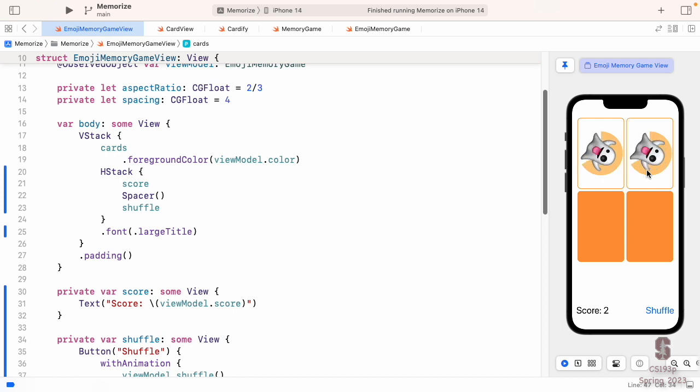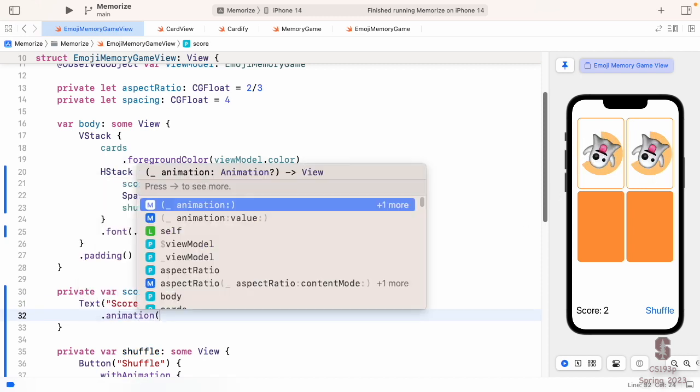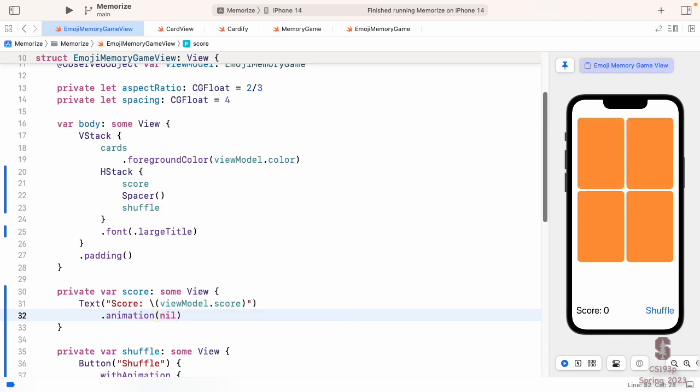So how do I stop it? The reason that's happening is my explicit animation is saying, hey, animate everything that happens when I click a card. Well, that happens when I click a card, so it's animating that. How do I stop it? Well, implicit animation, dot animation nil. It turns out that the animation that the thing takes is an optional, and you can specify nil. That means do not animate changes to this view. Now watch our score down here. Click, ready, bloop, instant 2. So dot animation nil, nice little thing to have when you want to turn off animation.